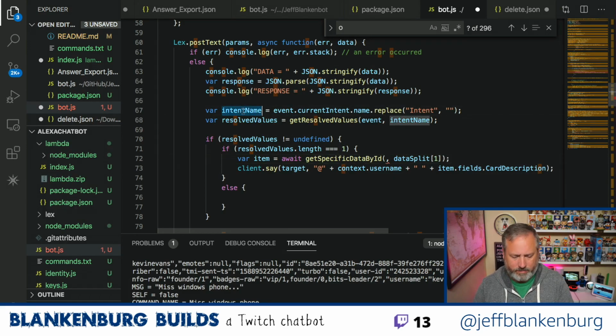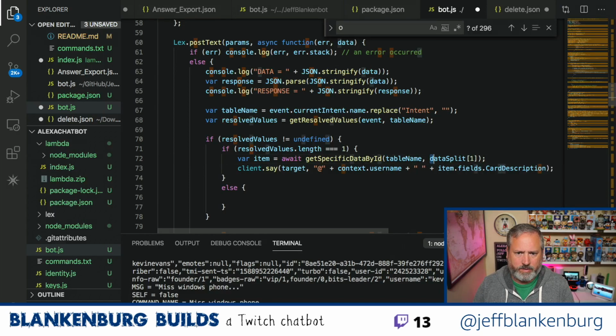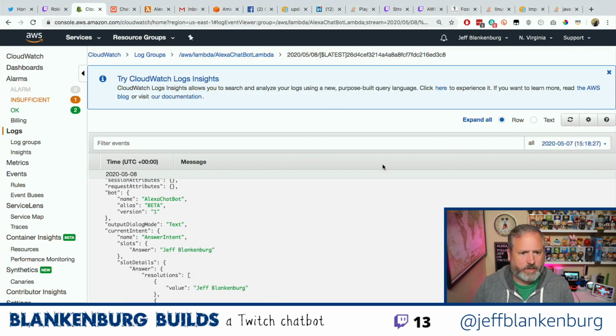I want it to be table name. Let's be really clear about the table name because I've removed the intent, so it doesn't make sense to call it intent name. But I know how to get the intent name, which I don't really need anymore. So this is going to be table name, and this is going to be resolved values 0, because I only had one.